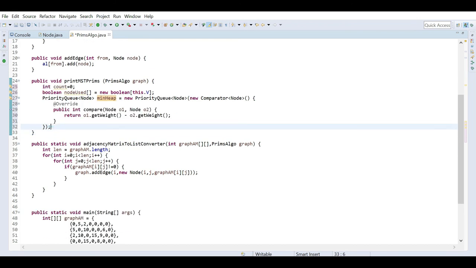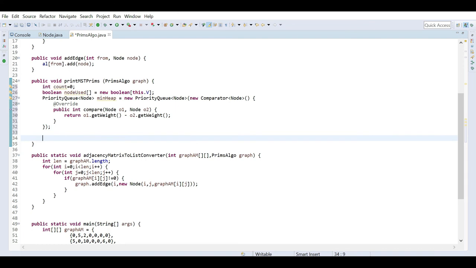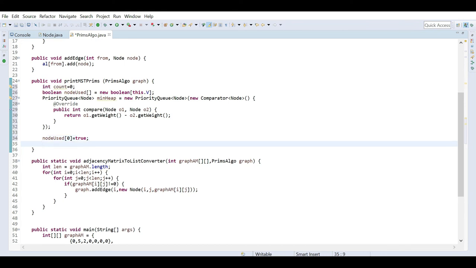Okay, now as my program starts, suppose I am starting my program from the 0th node. At that time what I have to do is set node used at 0 to true, meaning I am starting from here, so I mark it as visited, and then I have to check what the adjacent nodes are for this 0. For 0 the adjacent nodes I will get from the adjacency list's 0th position.